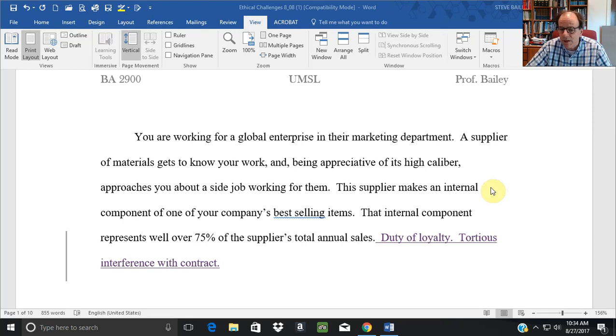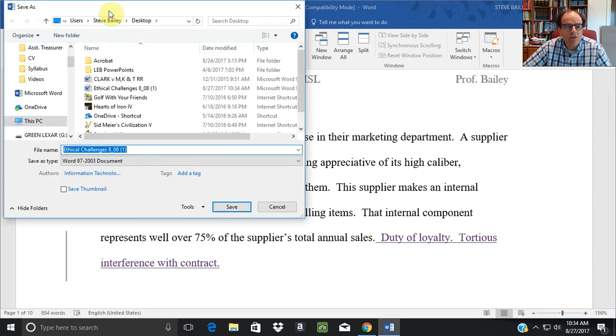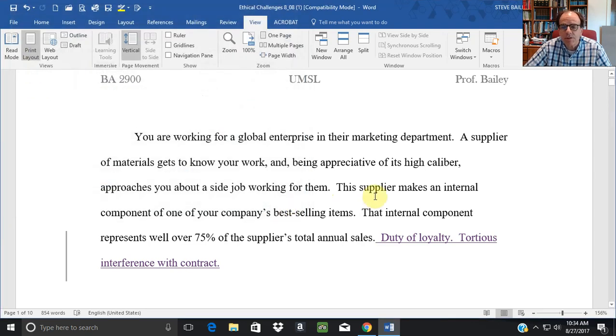One of your company's best-selling items, and it looks like I've got a blue squiggly here. That generally means you probably need to modify what you've done. We'll just go ahead and save this because I may leave this as it is. My other option is to save as, usually a better way to do this. I got, there's a pretty old copy of Word here, but